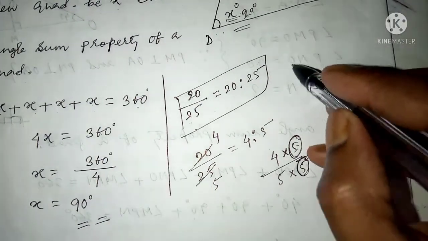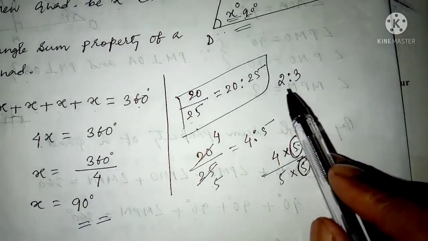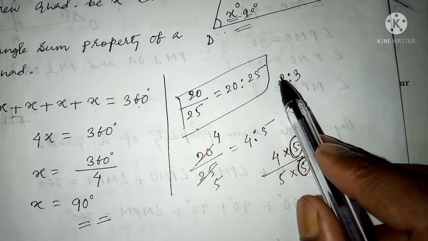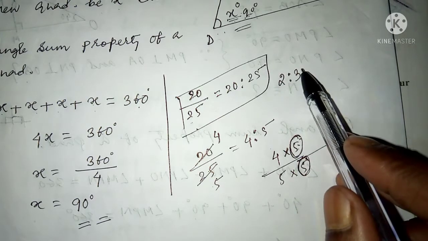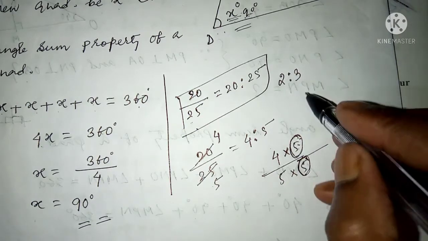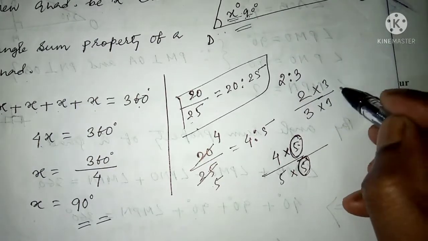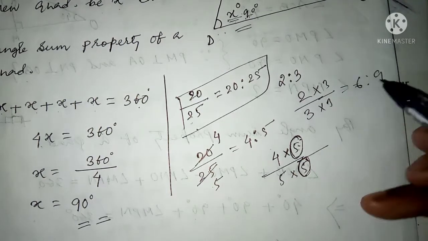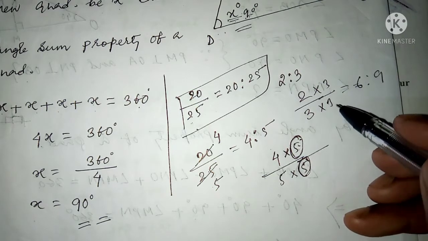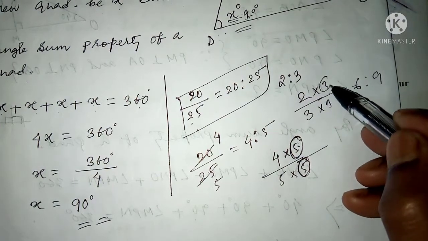But if I give you another ratio, for example, if it is 2 is to 3, that means I cannot say what exactly the number was. What do I need to multiply with this 2 so as to get the required number, and again with the 3 also? Here I am not sure about what to multiply because many more numbers are possible. Say, if I multiply by 3, then it can be 6:9. So like this you can multiply by 4, 5, 6, 7, 9. So you will not have a confirmed answer, you have many more solutions. But you need one solution. So what I need to multiply here, I don't know.